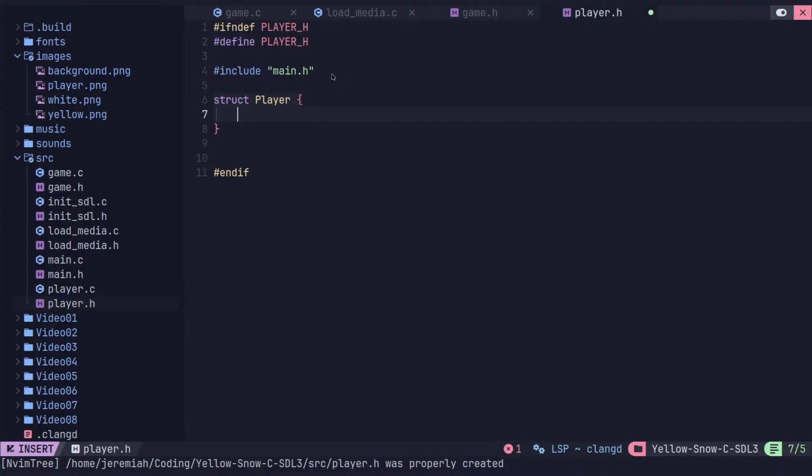So what we're going to do with this is the player is going to be able to draw its own image. So it's going to hold a pointer to the image. Even though we've loaded the image in the game struct, we're going to pass a pointer to it into here. So it's going to have its own pointer image. We're also going to pass a pointer to the render. And this is going to allow the player to draw itself. So even though the resource is held in game still, we can just tell player, hey, draw yourself. So we will need that. And also,